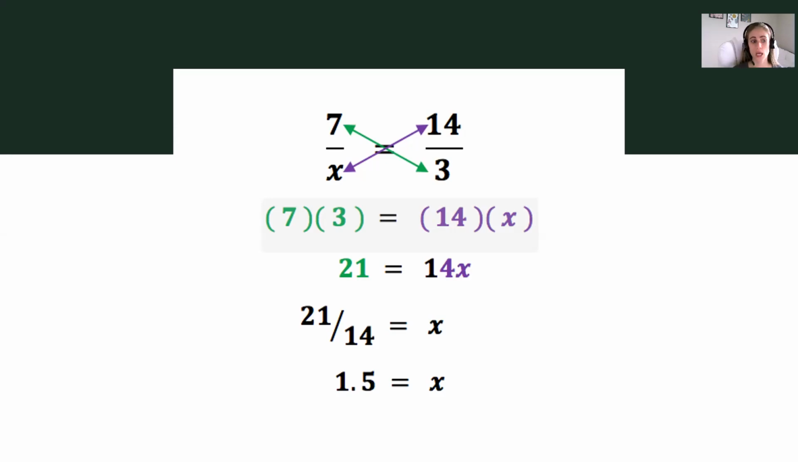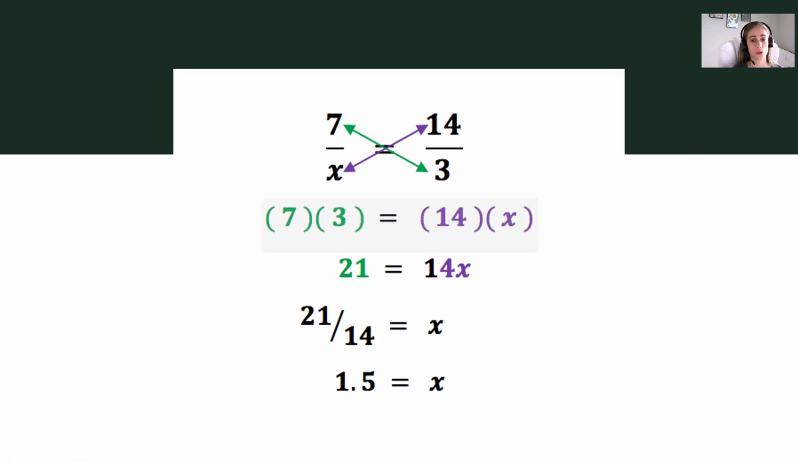To find that, because our two ratios, our fractions, are equivalent, we can use cross multiplication. So we multiply our diagonals, we multiply straight across. So 7 times 3 here in green is set equal to our other diagonal, x times 14. Once we do that multiplication and solve, we come down to the very bottom here and see that x equals